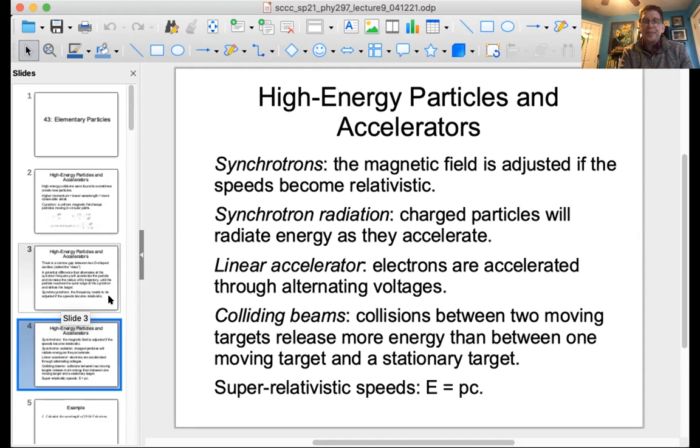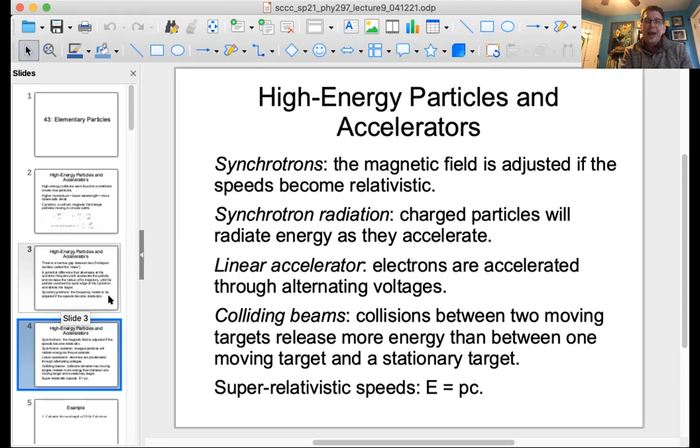And then we have, instead of hitting a stationary target, we can have moving targets. So we have colliding beams. And so, we get the objects to move in both directions very quickly relative to a stationary observer. They'll be moving even faster than that relative to each other. But again, you do need to take relativistic effects into account,